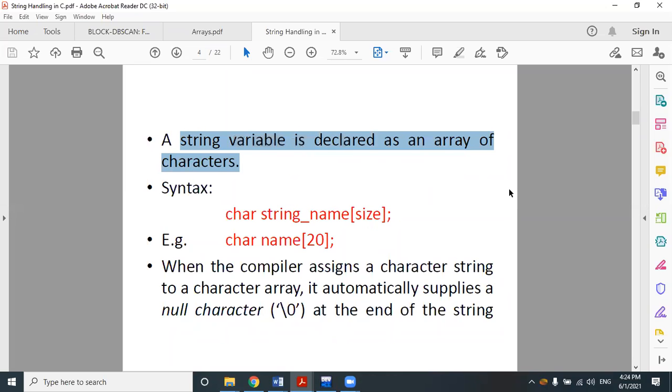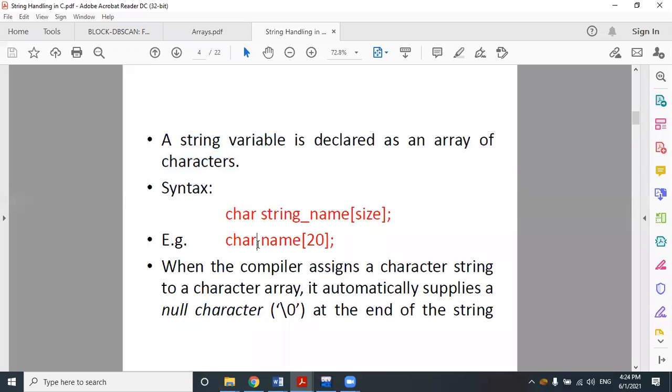The backbone of any string in the C programming language is nothing but a character array. I am saying it repeatedly: in the case of a string, the backbone is always a character array, right? The string is always implemented based on the character array. So before we use a string, we have to define the string in terms of a character array.